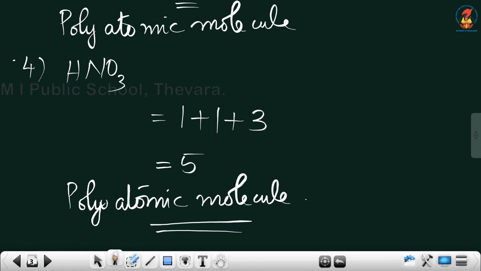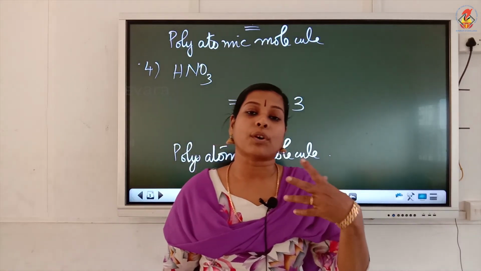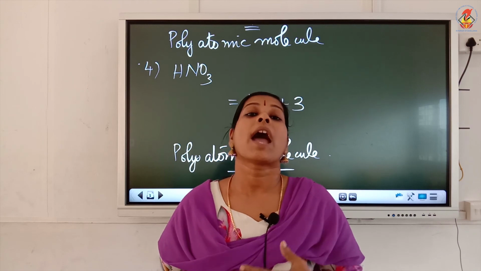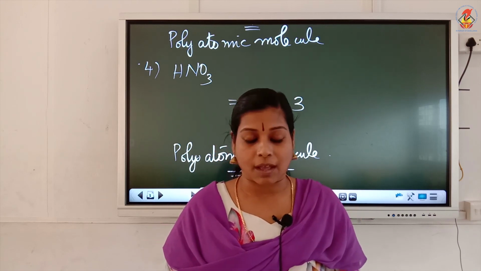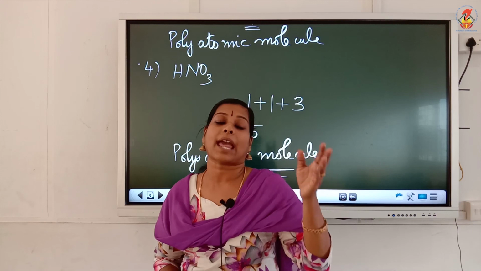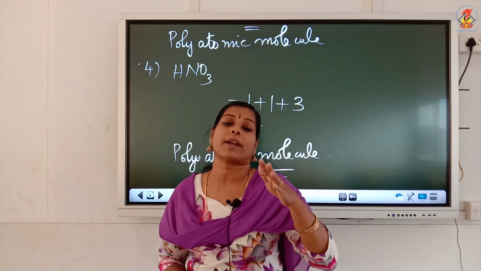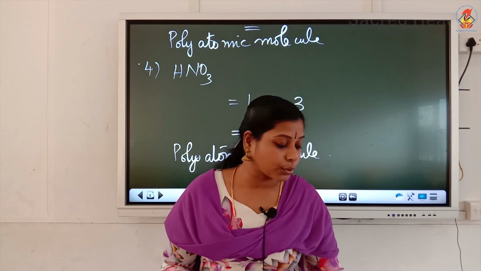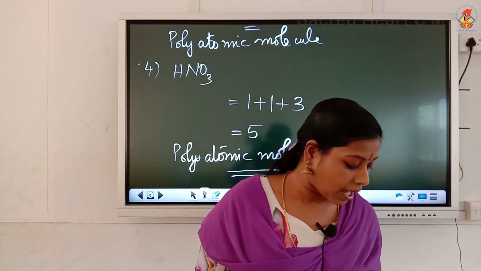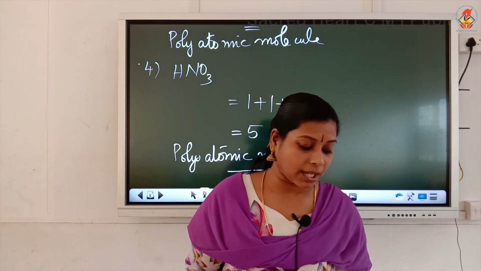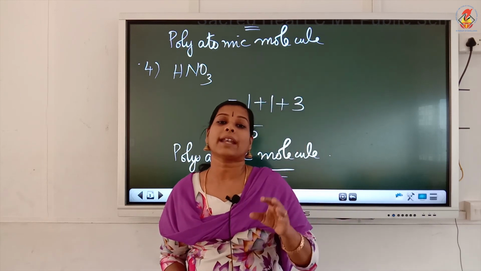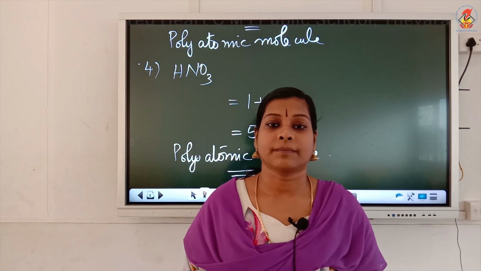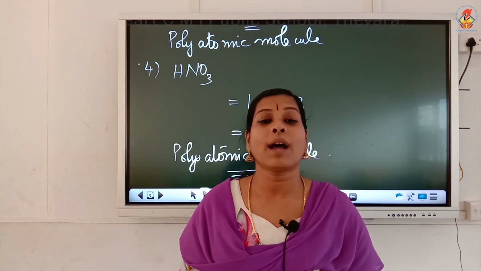Okay, so if you know the formula, you can find out the atomicities of a compound, and if you know the atomic masses of those elements, we can calculate in what ratio by mass they are combining. Okay, please go through your textbook page number 36. Very important. Please go through that, and if you have any doubt, please clear it. Hope this much is clear to you. Thank you.